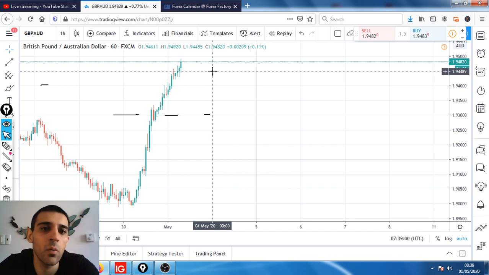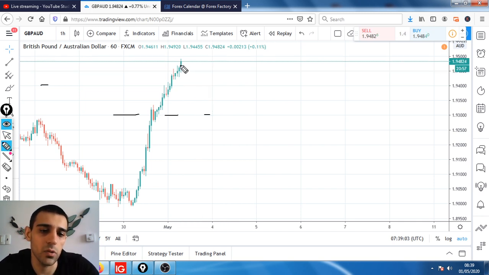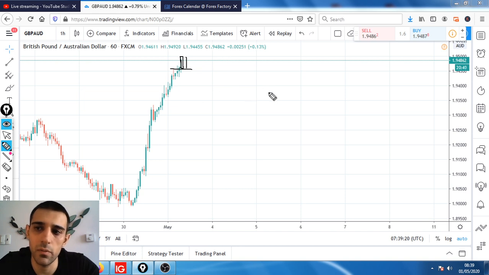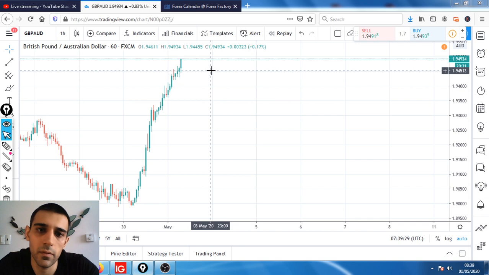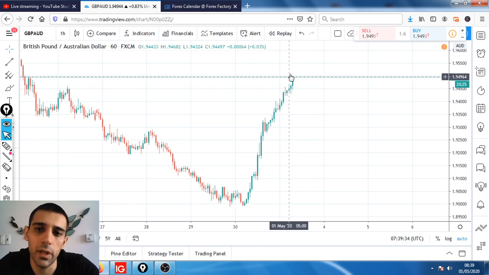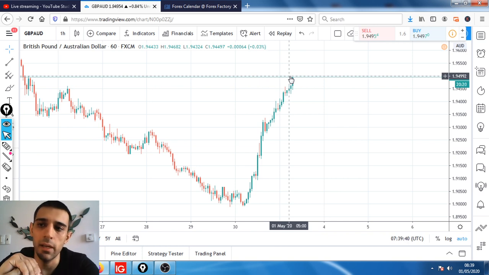Definitely on the next hour, because I do want to see the close of this hourly candle, and if this closes and I don't see a nice bullish close, then I will be looking for the retracement, for the price to come down to this level, the 94.50 zone. So it's around 35 pips, which is not much for this currency because it does move a lot. So in this case, 94.50 is going pretty nicely.